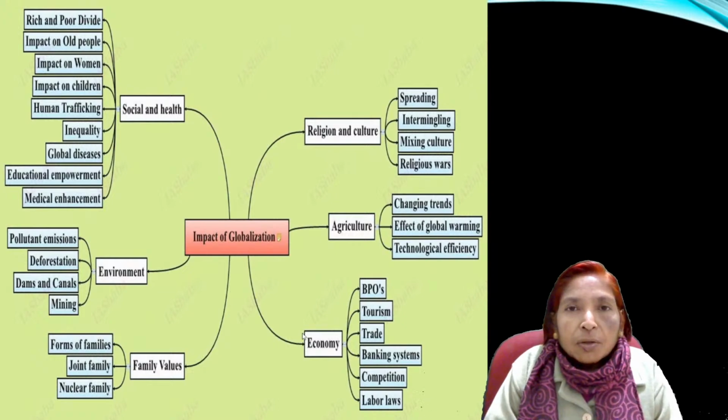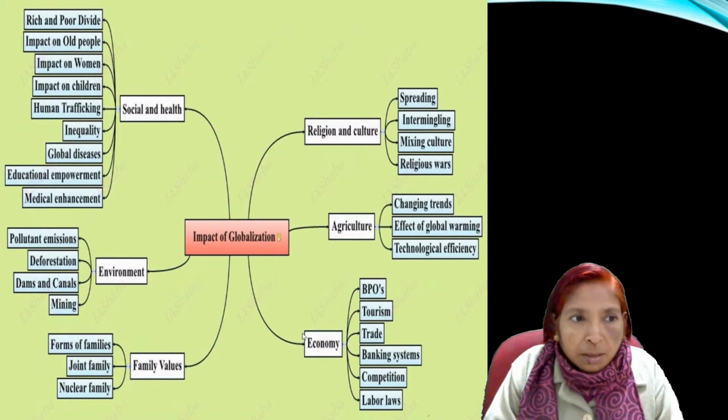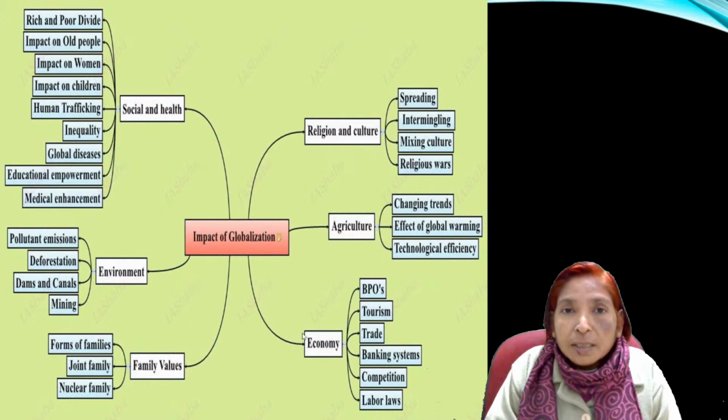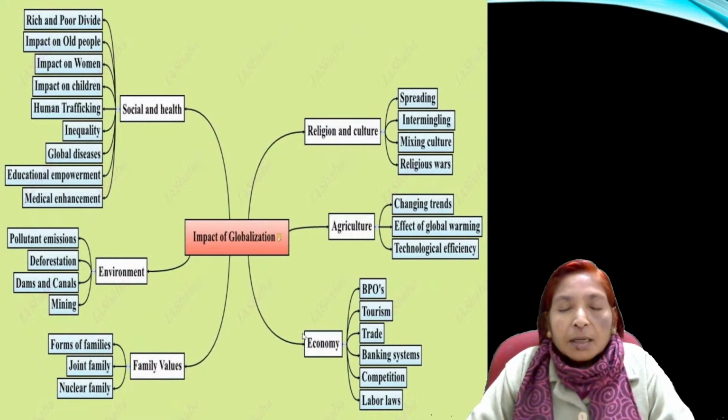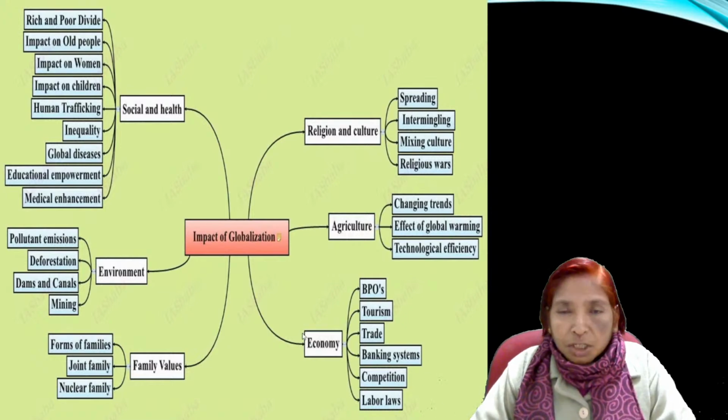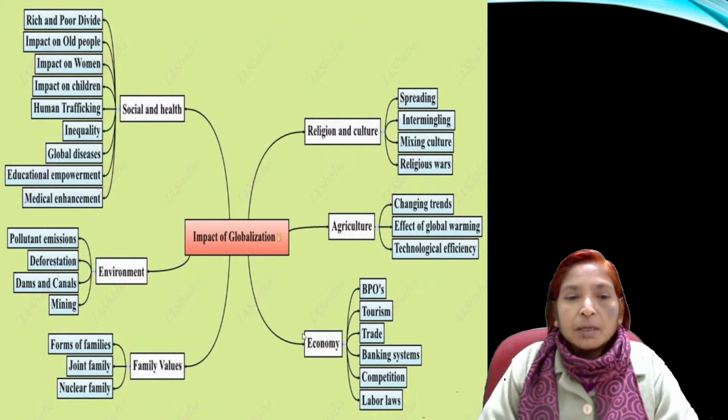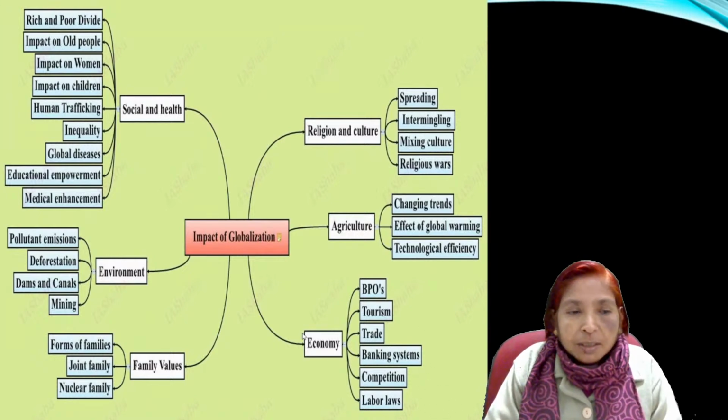And there is an impact on old people, women, and children, and human trafficking is also increasing. Inequality is increasing. Inequality, or unequal distribution of income and wealth, is increasing. Society is dividing into two categories, that is, rich and poor, or haves and have-nots. Global diseases are also increasing. Educational empowerment can be possible only with the help of globalization, and medical